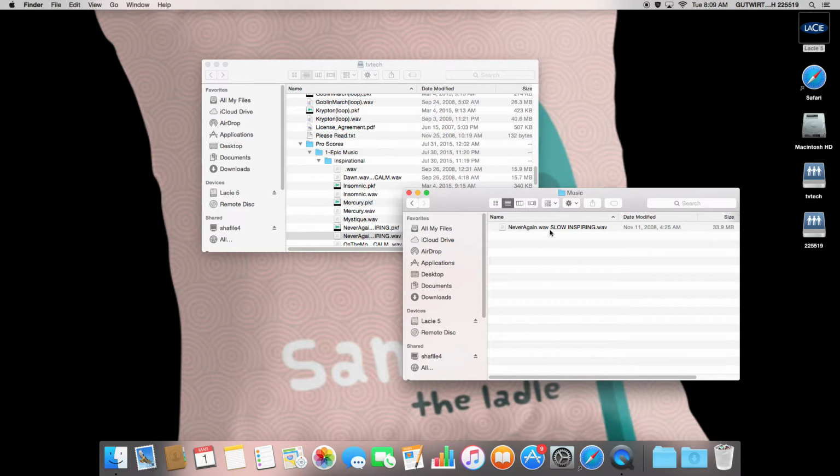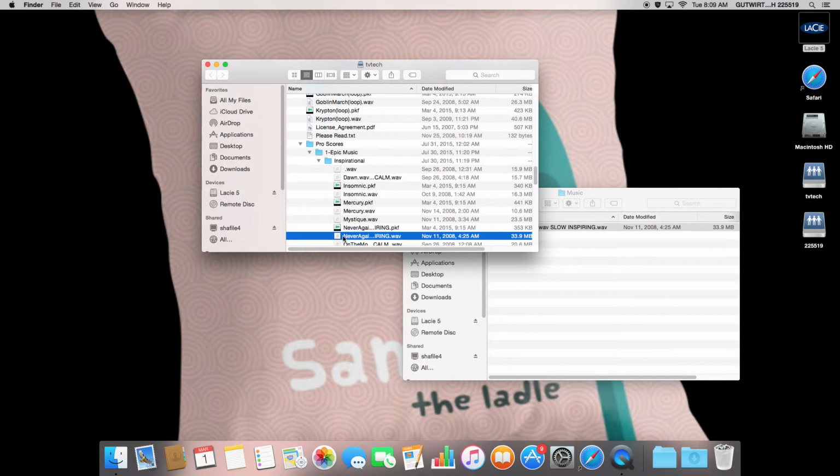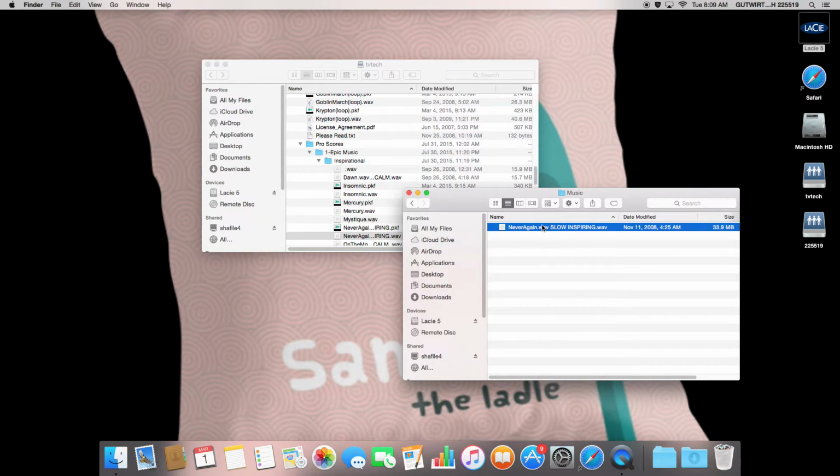So now it's copied that file down, and what we've just done is taken this file from kind of a networked situation where it would have to get to your machine through the blue cables behind your machine to a local file. So the local file means it's connected kind of directly to your machine. The FireWire drives that connect to your machine are much faster than the network cables that are connected to your machine. So we never want to work with files off of a server. We always want to make sure that those files are on a local drive. So now that we have it on the local drive, we'd be able to bring this into Final Cut Pro